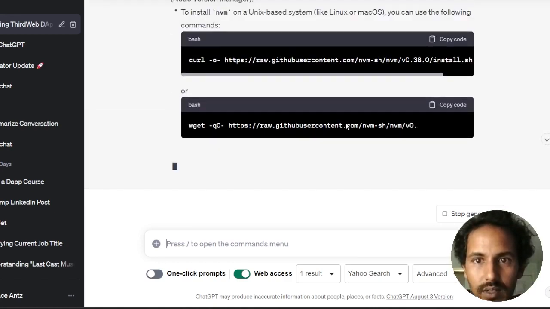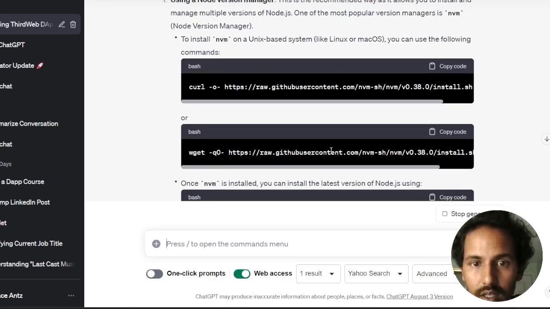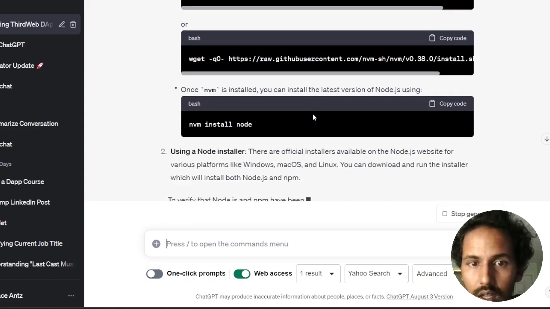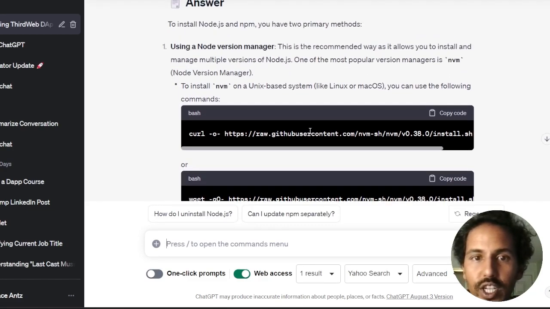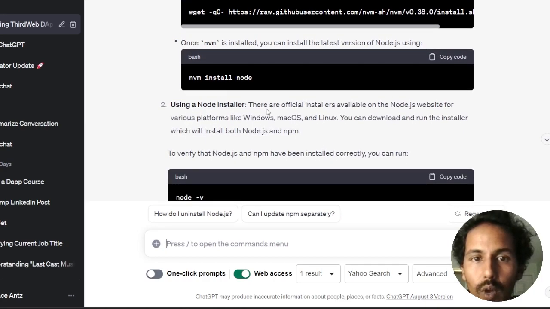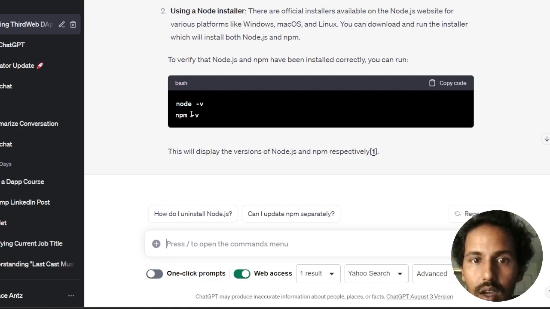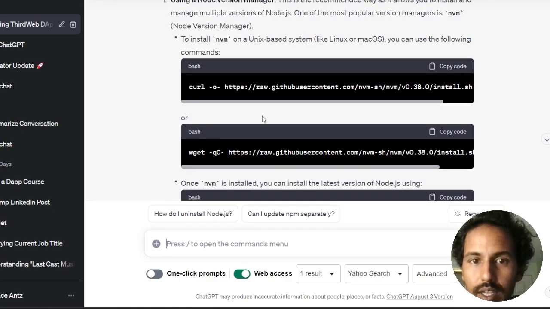Okay, here we go. So it's a little bit of a process. We're gonna install NVM, which is a node version manager, and then once we do that, I think it installs npm.